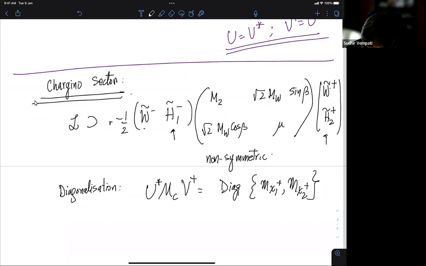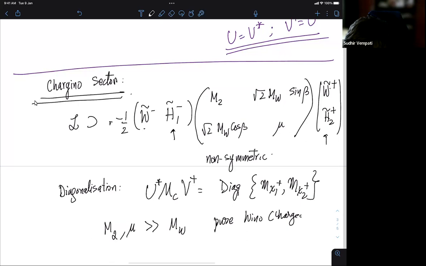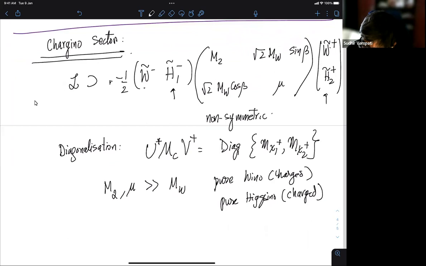Again, in the limit M2 and μ much greater than M_W, what happens? This is just diagonal. You have a pure Wino charged and a pure Higgsino charged. This is not relevant for dark matter, but this is what actually happens. In the limit where they start mixing,